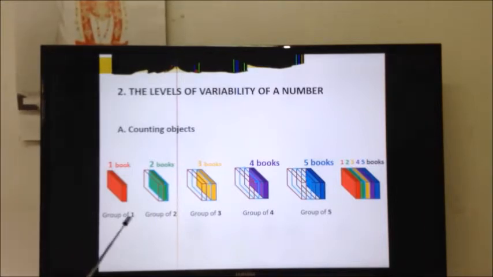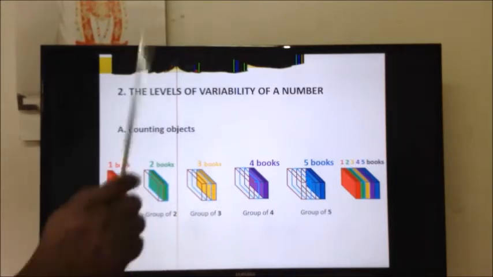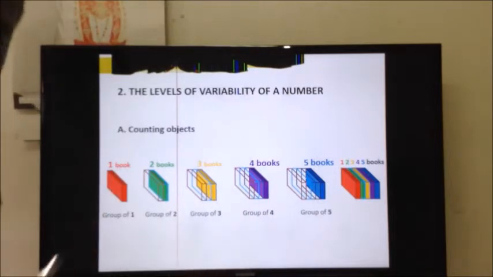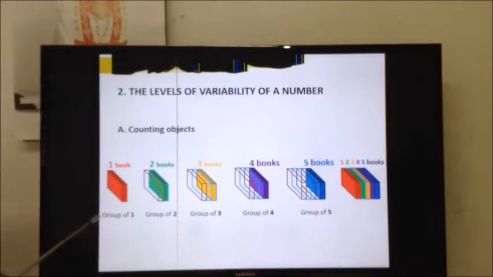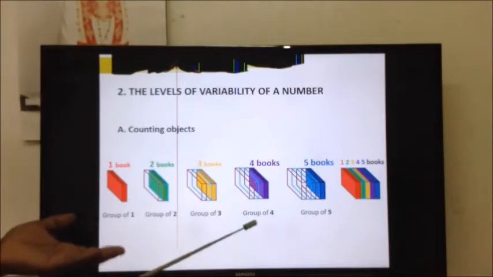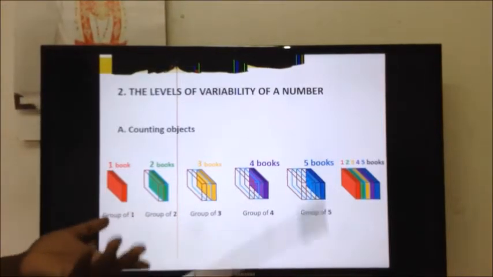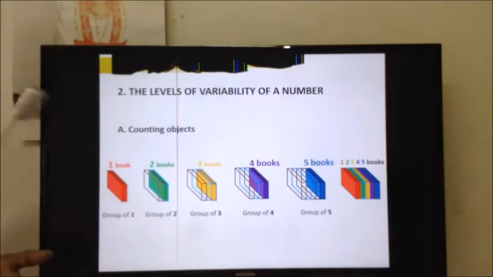So 1, 2, 3, 4, 5 here are the degrees of freedom. So number 5 gives me the freedom to be 1, to be 2, to be 3, to be 4, or 5. As a matter of fact,